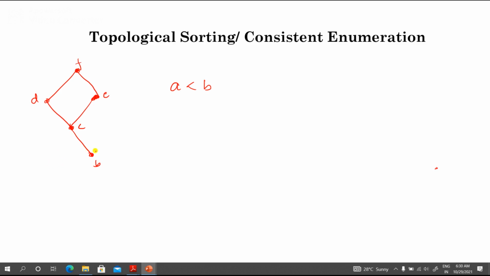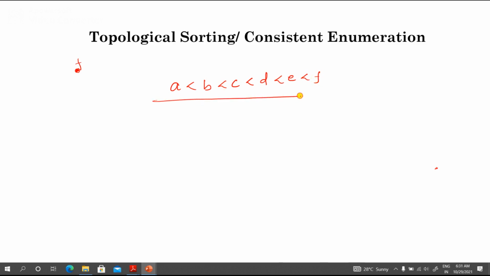So the procedure is, if you start with one minimal element, then remove this element, and then we have this figure. Then again find the minimal element. Suppose we have element B. Now remove this, you have this figure. Find the minimal element, this is C. Now remove C. Now you have D or E, so you can choose one, say D. So remove D. You have to complete E. Now remove E. You will find F. So this is the topological sorting.